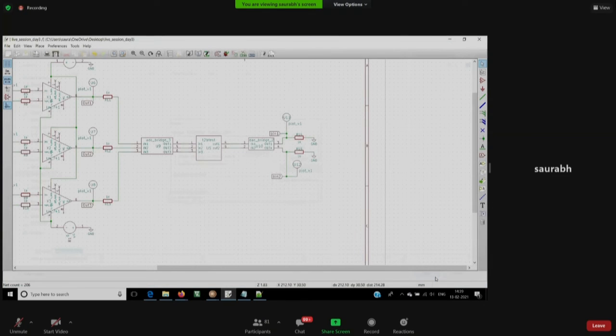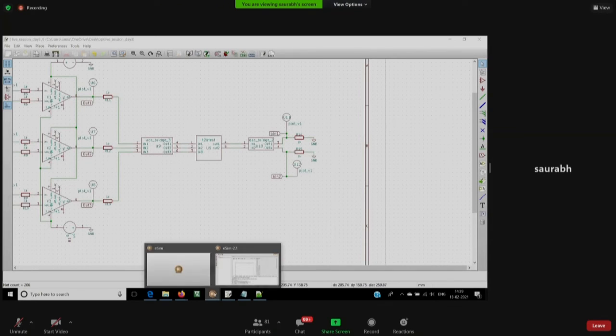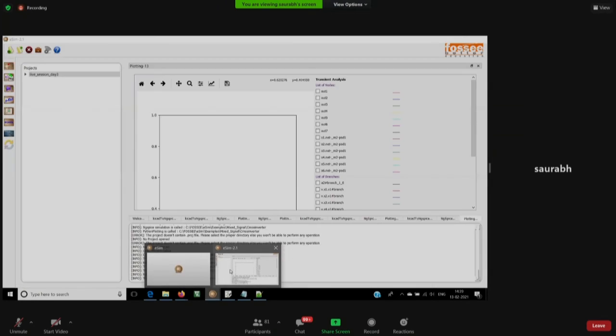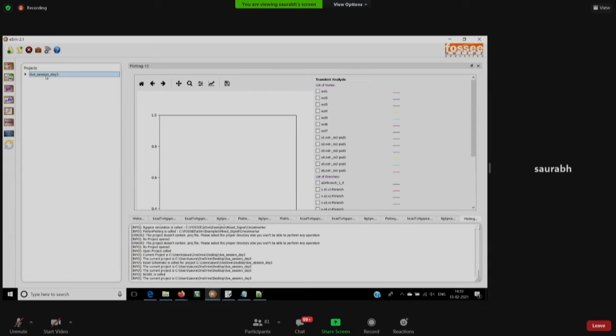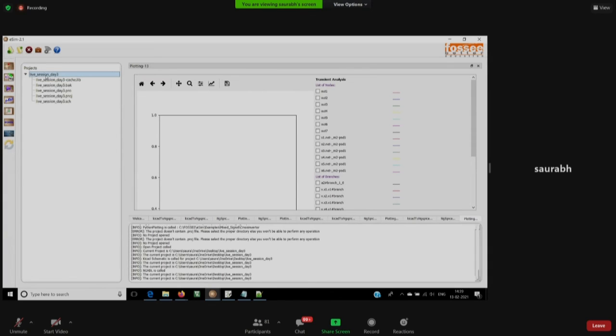Okay, so the SPICE netlist has been generated. We have added this thing in here. The next step of the procedure is to convert this into an ngSpice compatible format. So we again go back to the eSim main window. I have this project open.